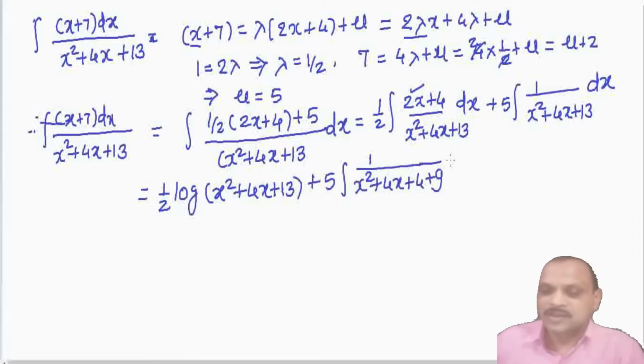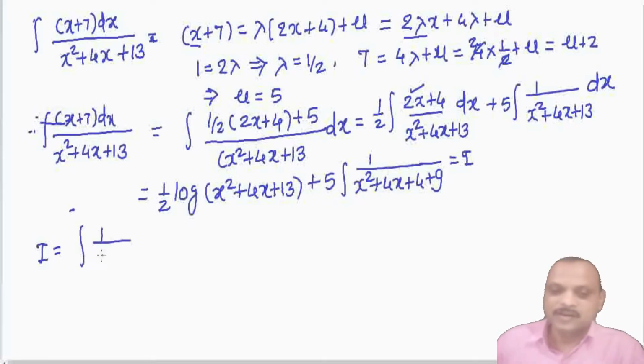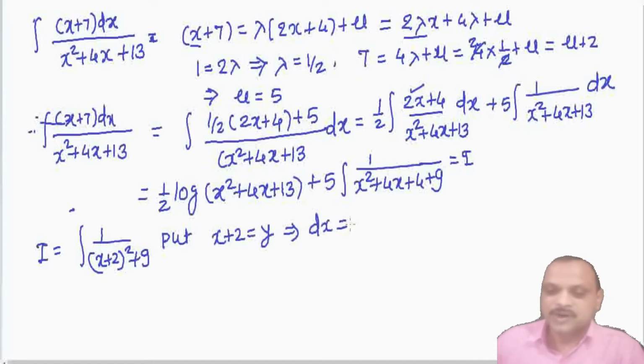Let us call it I. Suppose this is equal to I. You can see that I equals integration of 1 divided by x plus 2 whole square plus 9. Now we put x plus 2 equal to y. This gives us dx equal to dy. Hence I equals integration of